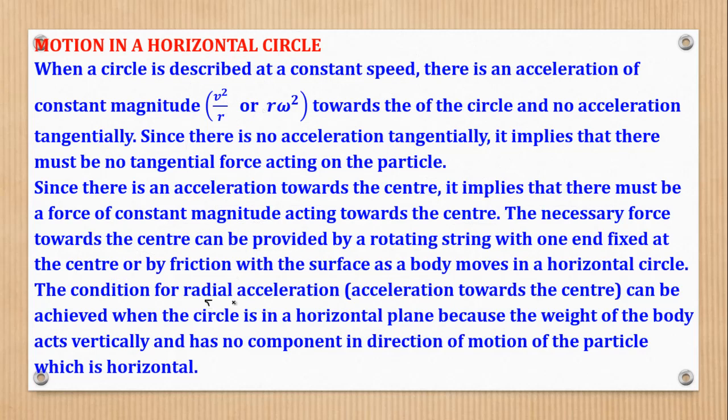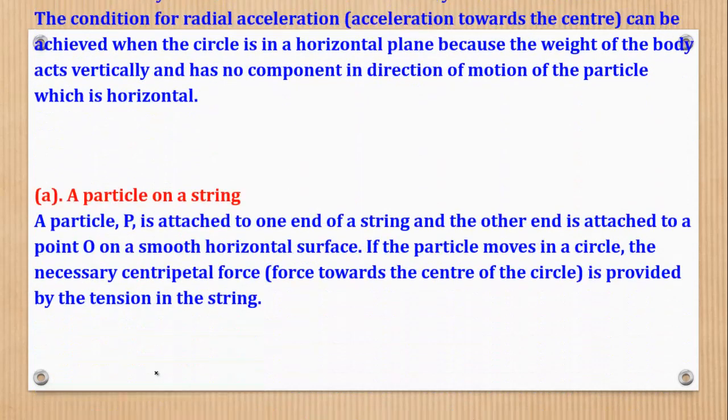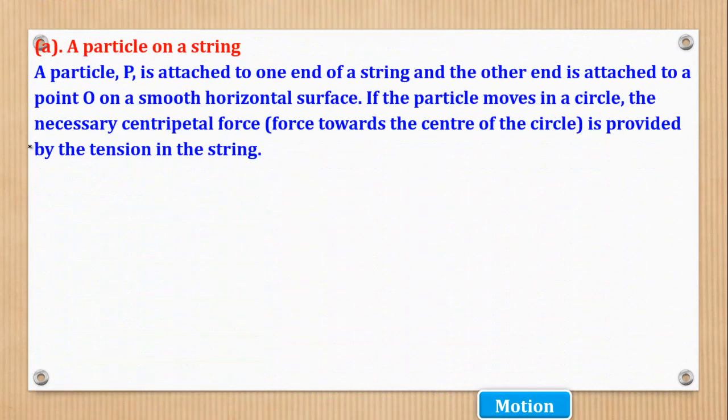The condition for radial acceleration, where radial means towards the center, can be achieved when the circle is in a horizontal plane, because the weight of the body acts vertically and has no component in the direction of motion of the particle, which is horizontal. So there are various cases for horizontal motion, and we shall look at them one by one. Let's start with a particle tied on a string,